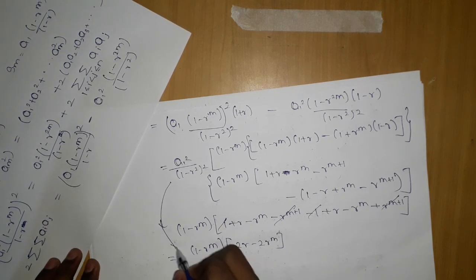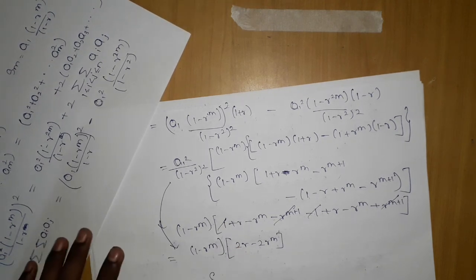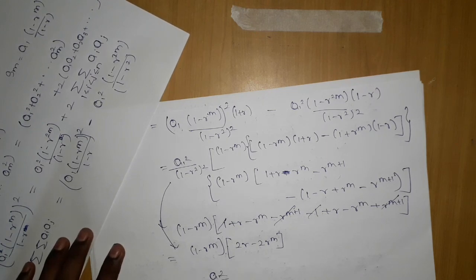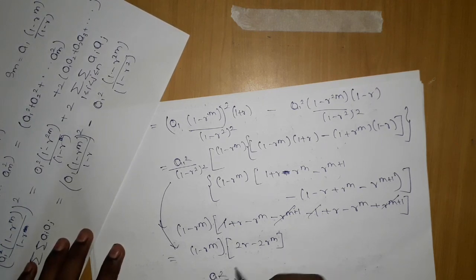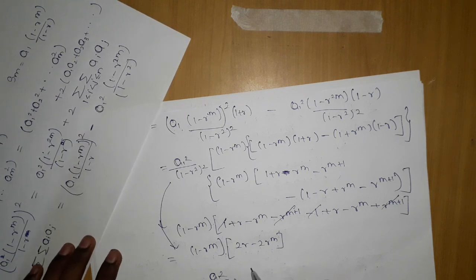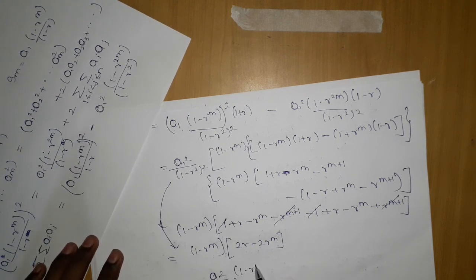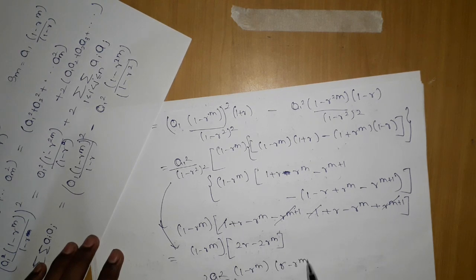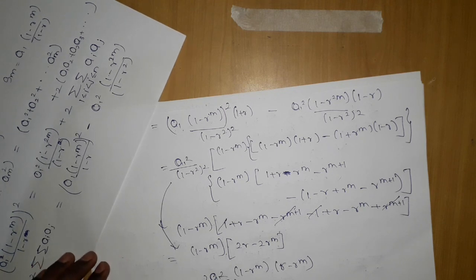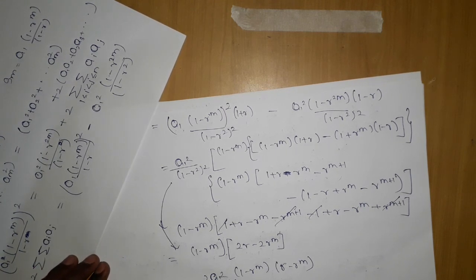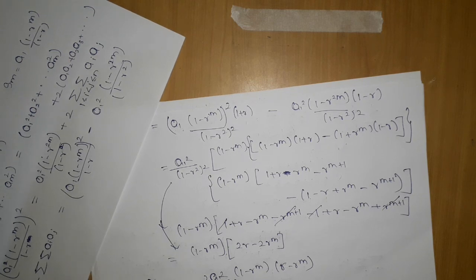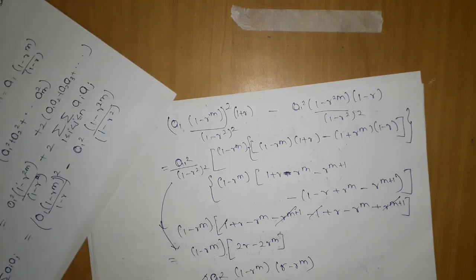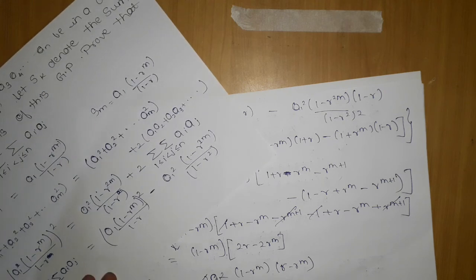Okay, and so a1 square upon (1 minus r) the whole square. If I move 2 outside, what we are getting is (1 minus r) power m, and 2 will come here, r minus r power m. So 2 was also here, 2 into the summation of ai into aj. The 2 will cancel out, which will give me my answer. I will move it that side, then my proof will be done.